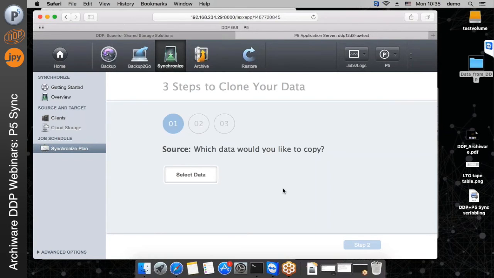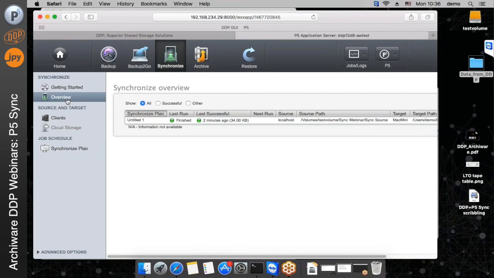So one is, Synchronize is more for business continuity and disaster recovery. Yes, that's right in a way. So you can look at it as a failover and immediate replacement for your primary storage, but you can also look at it as a traditional backup. It depends if you need user level access to it in the form of a browser interface, because that's only offered in P5 Backup,